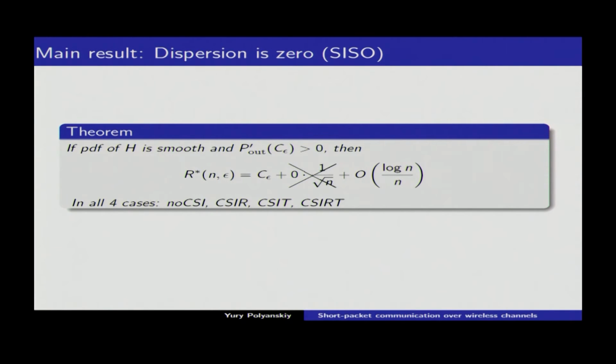And many people were surprised at this. Initially, the initial reaction is usually for people to try to say, okay, are you telling me that fading actually helps? No, that's not what I'm saying. Of course, fading reduces the capacity, but what I'm saying is that you can converge to that capacity with much shorter block codes. So you don't need those humongous block codes of tens of thousands of channel uses. You can do that with much shorter block codes.